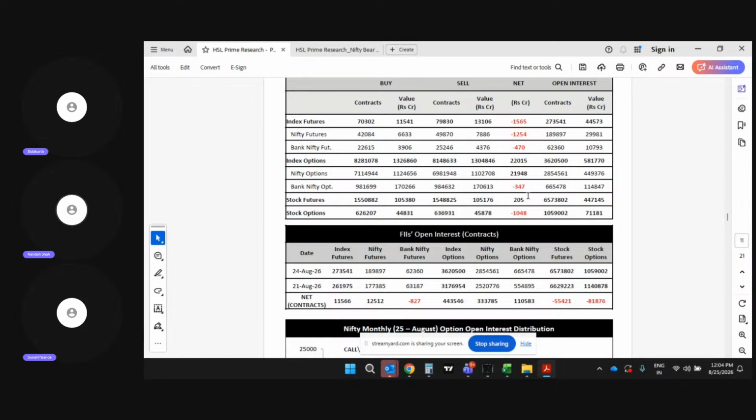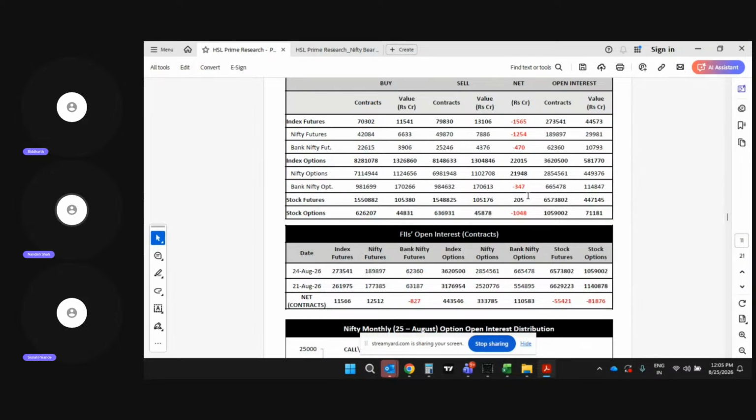Just to add a few things along with that, in this entire series till now, FIIs have net shorted worth rupees 2249 crore in index future, with their long to short ratio remaining at 0.11. We began the series with a 0.10 long to short ratio of FIIs. We ended with 0.11 as of yesterday. So that suggests that FIIs were short at the beginning of the series, and they maintained their short during the series also. So FIIs remained sellers in the index future segment.